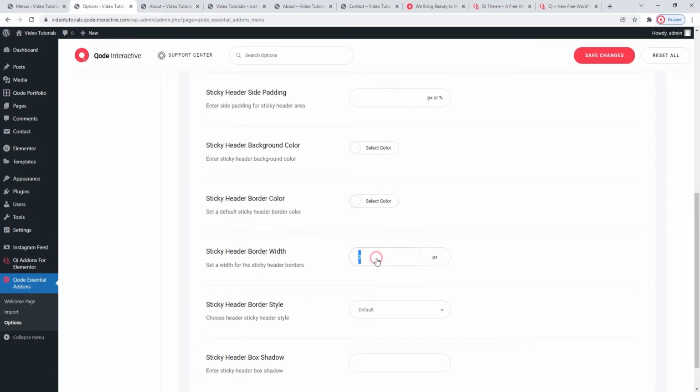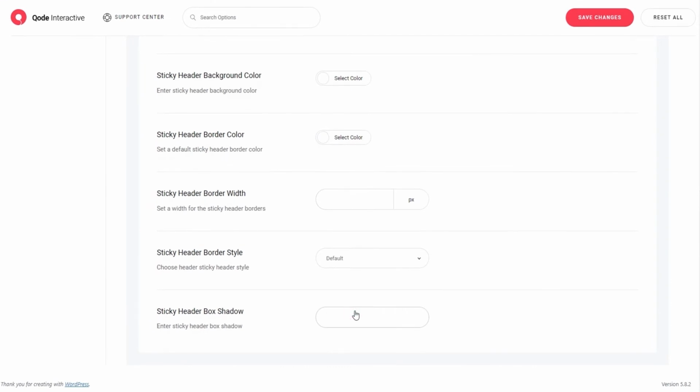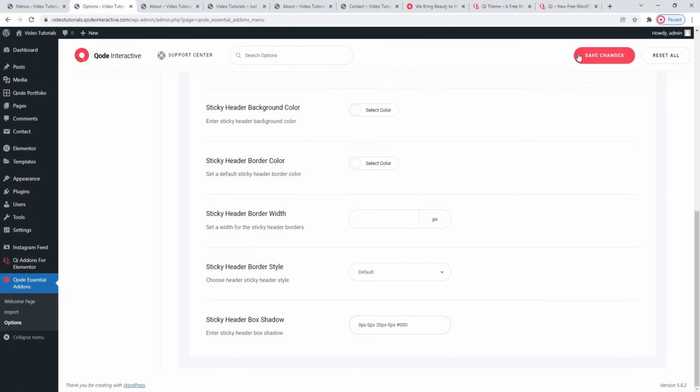Okay. There. And we have one last option, the sticky header box shadow. Just like the shadow before, you need to add multiple values that will define the shadow. I'm going to set it so it appears only at the bottom of the header. There. It's going to have a surface of 20 pixels and it'll be black. Okay, save changes